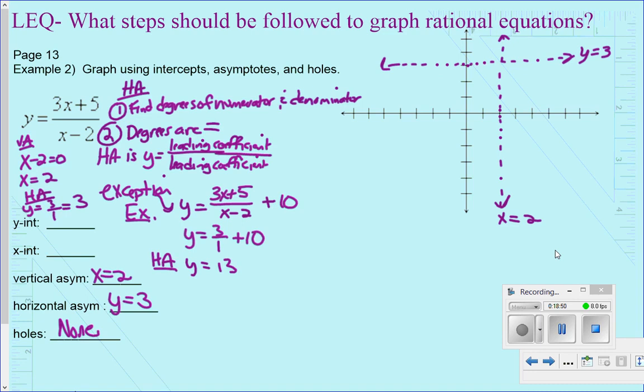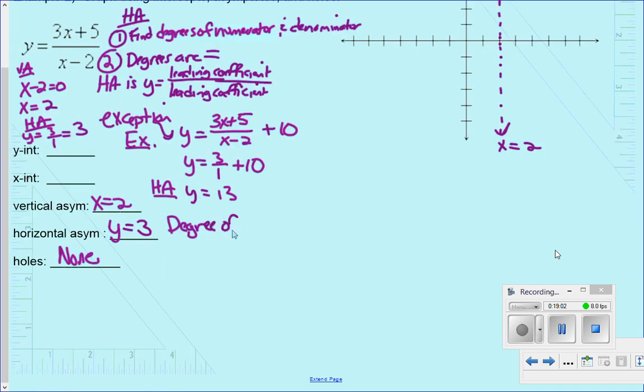Okay. So now let's talk about scenario 2. So we talked about when the degrees are equal. Now let's talk about when the degree of the numerator is larger than the degree of the denominator. Okay. For example,